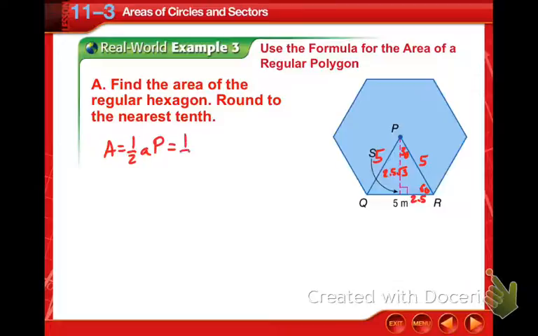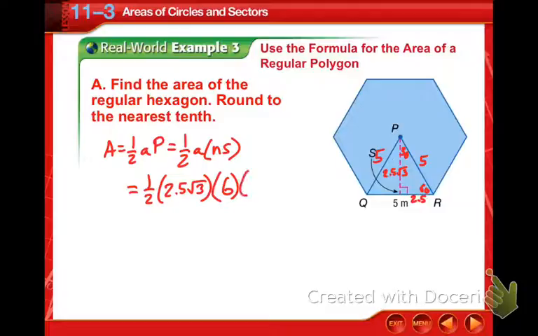Or 1/2 A times NS. So S is the side length, N is the number of sides. So we have 1/2, our apothem is 2.5 square root 3. N is 6 in this case, and our side length is 5. So when we multiply all that together,